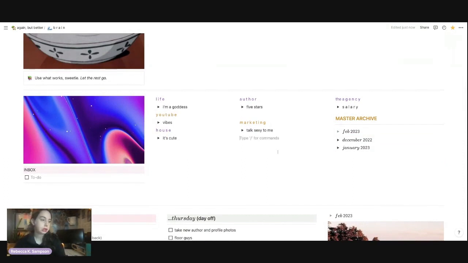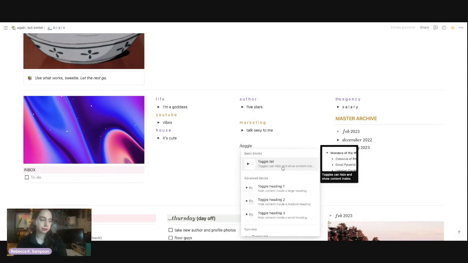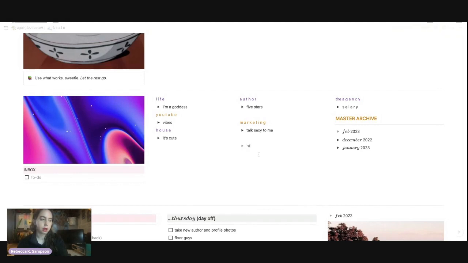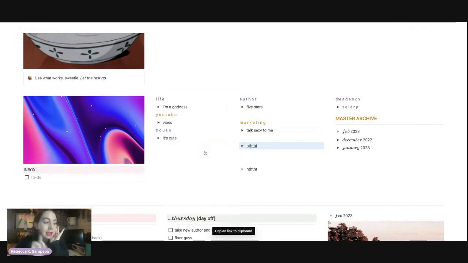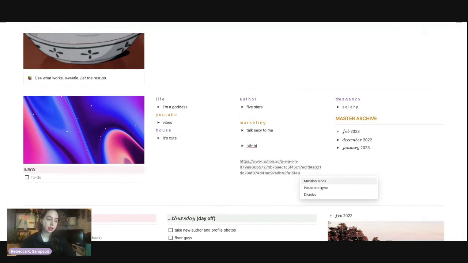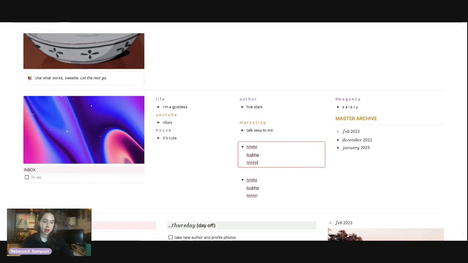How do you make an archive? Let me show you. So first, let's just make a random toggle. So what I did here is /toggle, click here, blah, blah. Now, you're actually copying the link to block. So I copied the link to the block. You saw that? Now I'm doing Command V to link, paste, and sync. So now this has the red highlight on it. So see if I open this, adding something else, it adds it to here. So that's how you do a synced block.